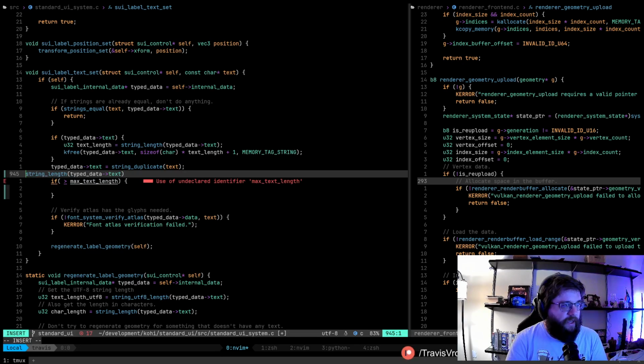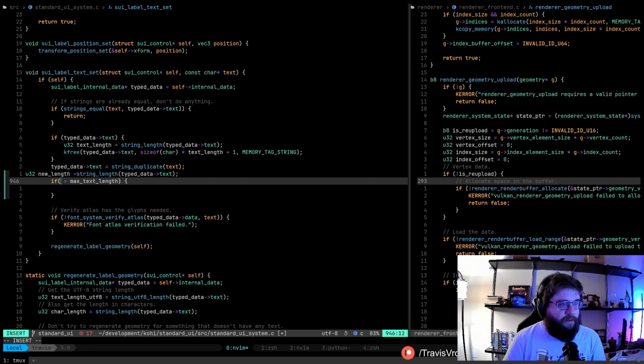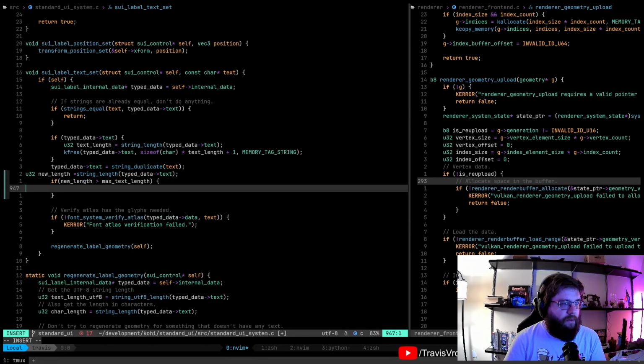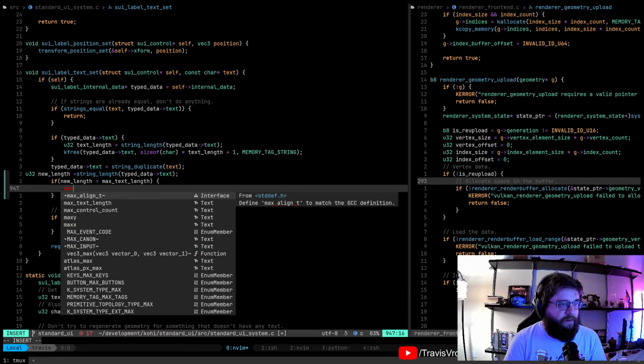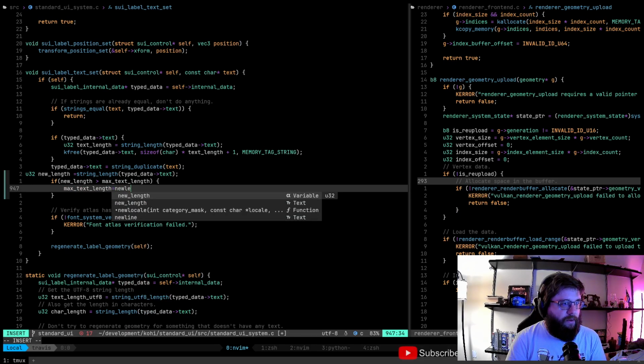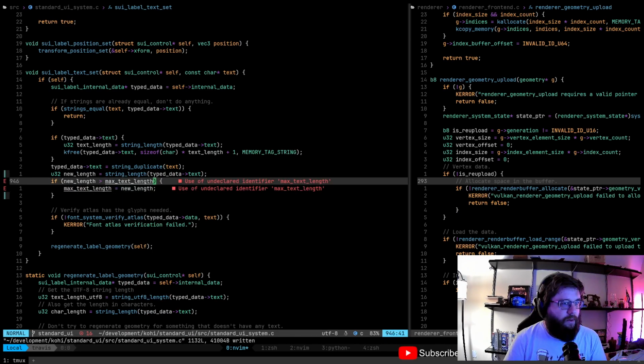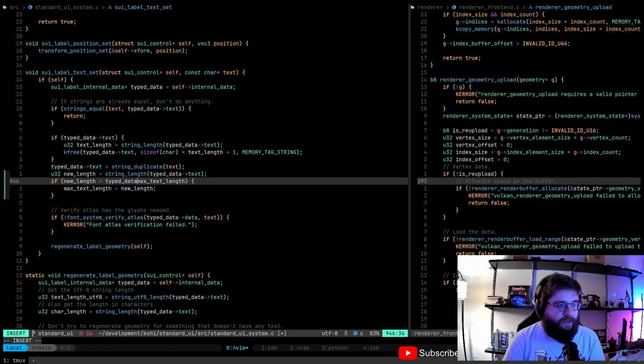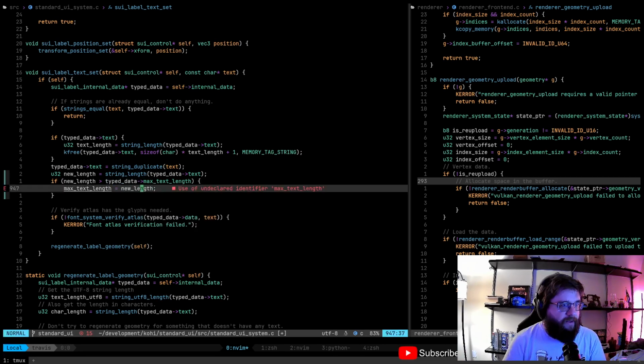So we'll say U32 new length. Right, so if new length is greater than that, then max text length equals new length. And this needs to be typed data max text length, as does this.